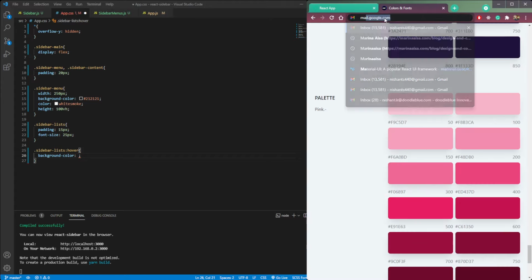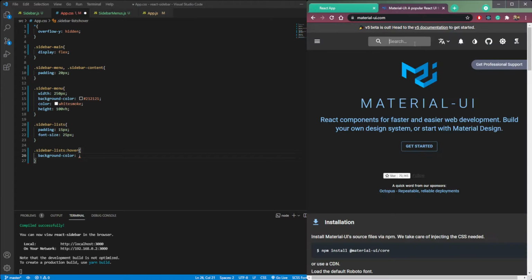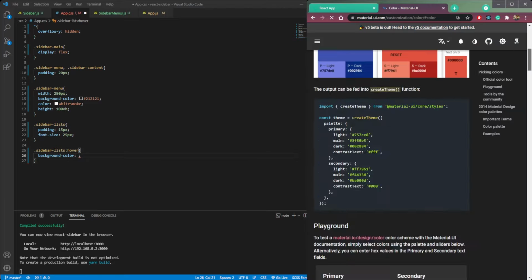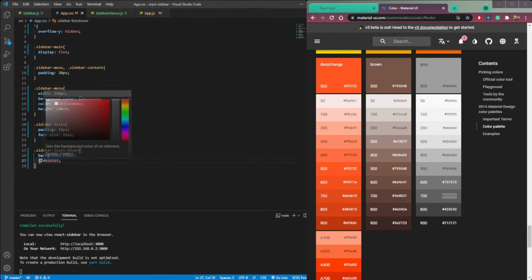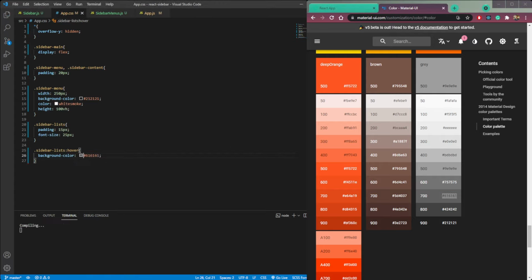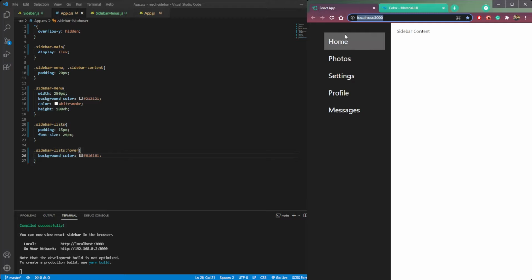Head to materialui.com and search color here. Go all the way down and copy this 700 color, 700 color weight. And now if you hover, you will see our color has been changing on hover, but it is